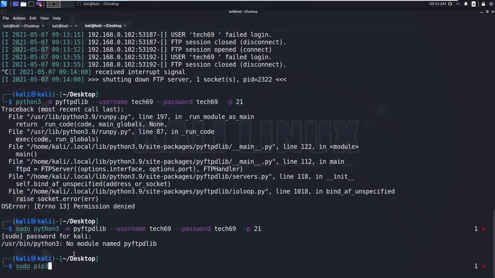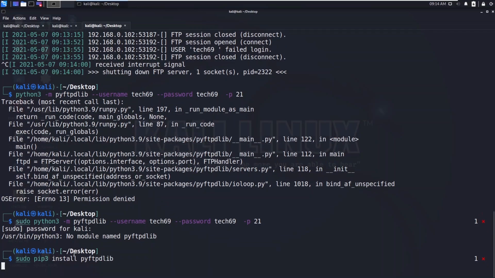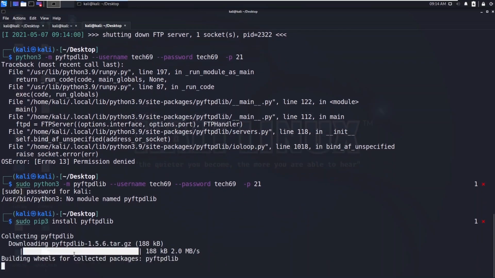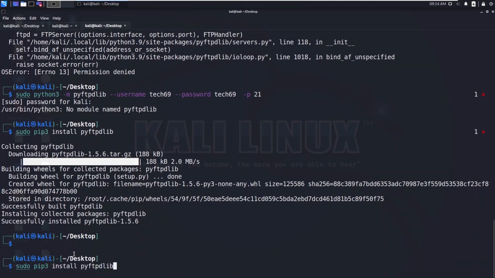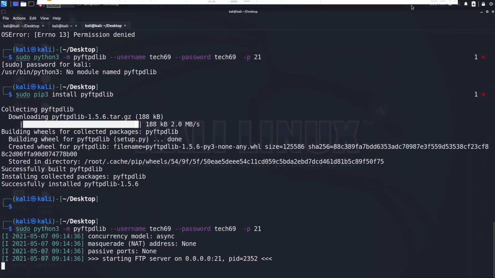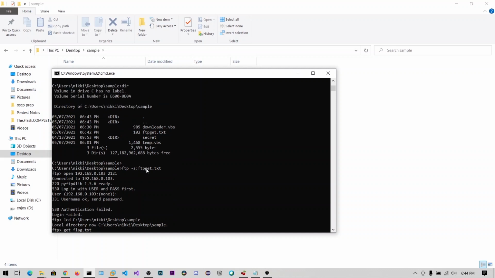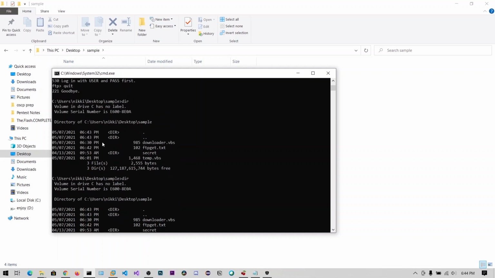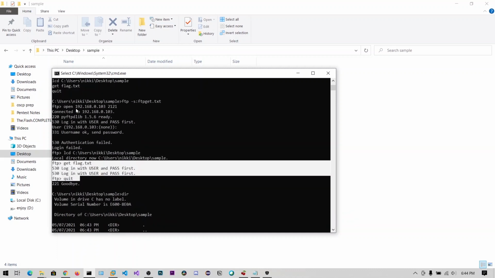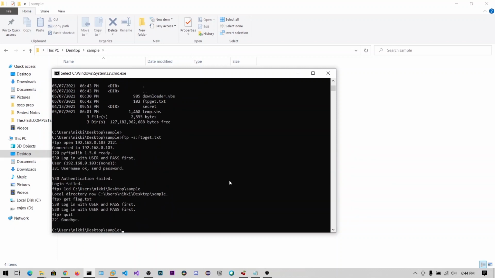So okay, sudo pip3 install pyftpdlib. Now let's run this. What you need to do is run these commands again. You can store these commands in a file, like in notes.